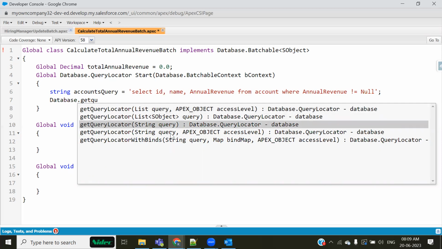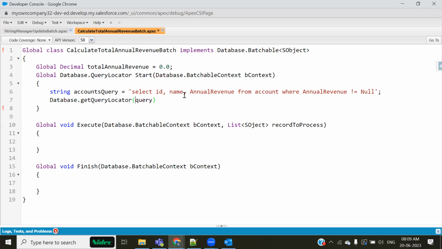Database.getQueryLocator. I would be using this flavor of that, where I just require to mention the name of the query. My query is present inside this variable, so I would be writing this, and the same I'm going to return. That means I would be returning this to Database.QueryLocator. QueryLocator would perform the batch sizing and everything, and one by one, it is going to transfer the batches to your